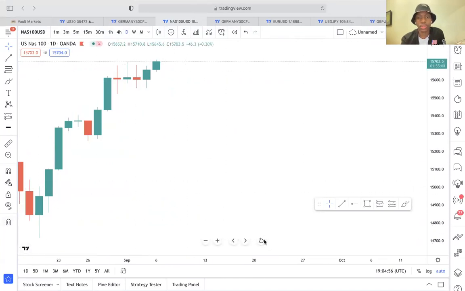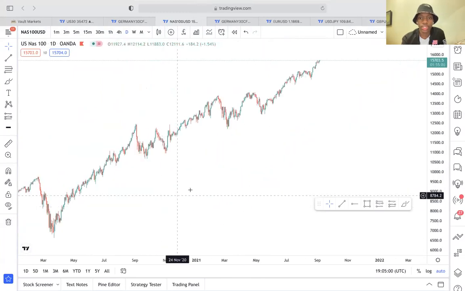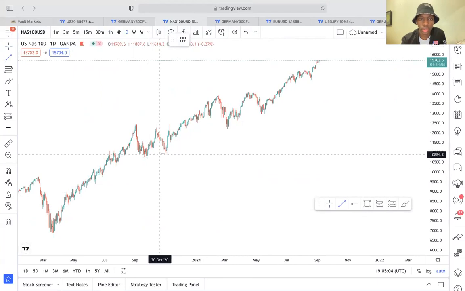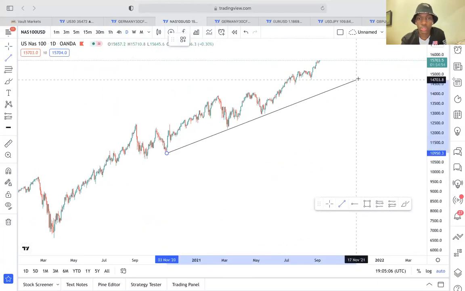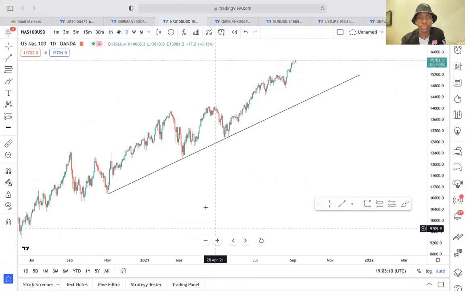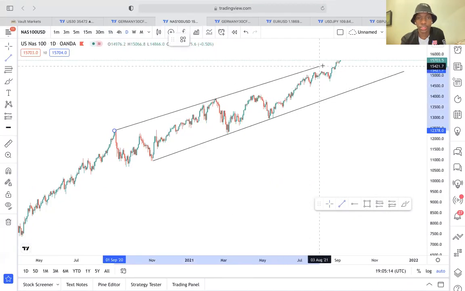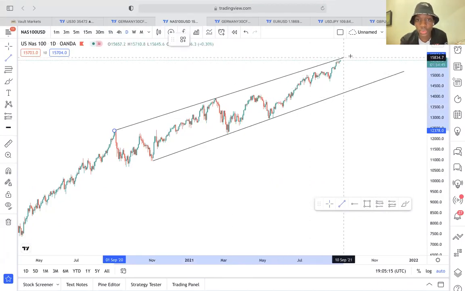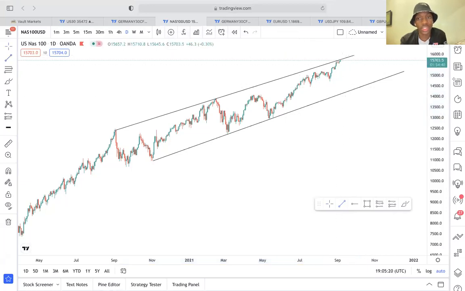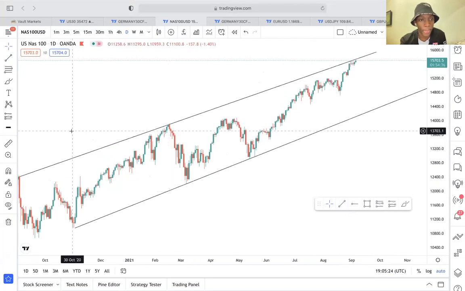This thing isn't the same anymore. So guys, as I said, you connect your trend line on the lows, and then on the highs. Let me just zoom in a bit. NAS, we've been sitting on a third touch for a very long time, and this thing is supposed to drop. The reason I say that is because, look, guys,